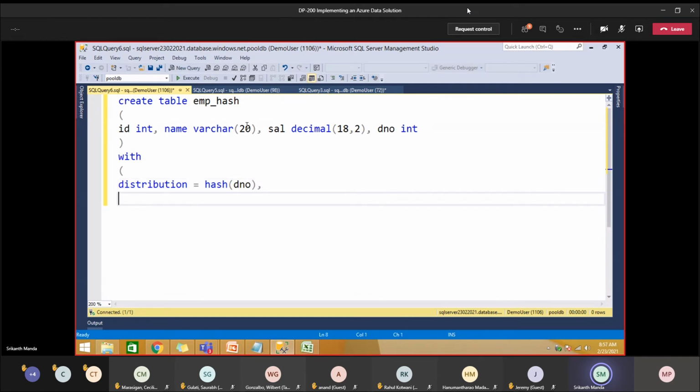Distribution hash is equal to, so one of the columns I'm mentioning here, but you can mention only one column. You can't mention multiple columns like ID something. This will not work. Hash will take only one column, not multiple columns. Now go here and say clustered column store index. Now try to create